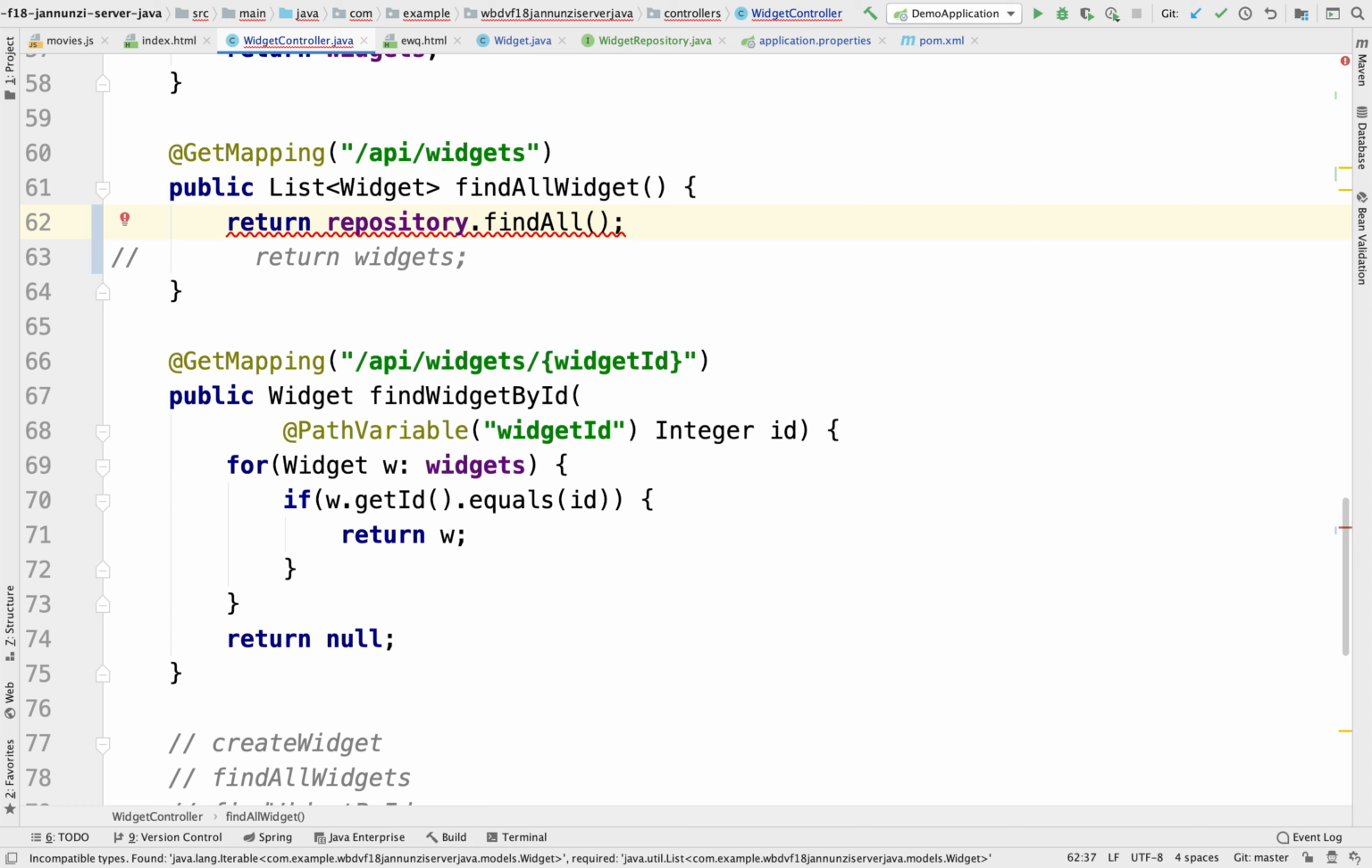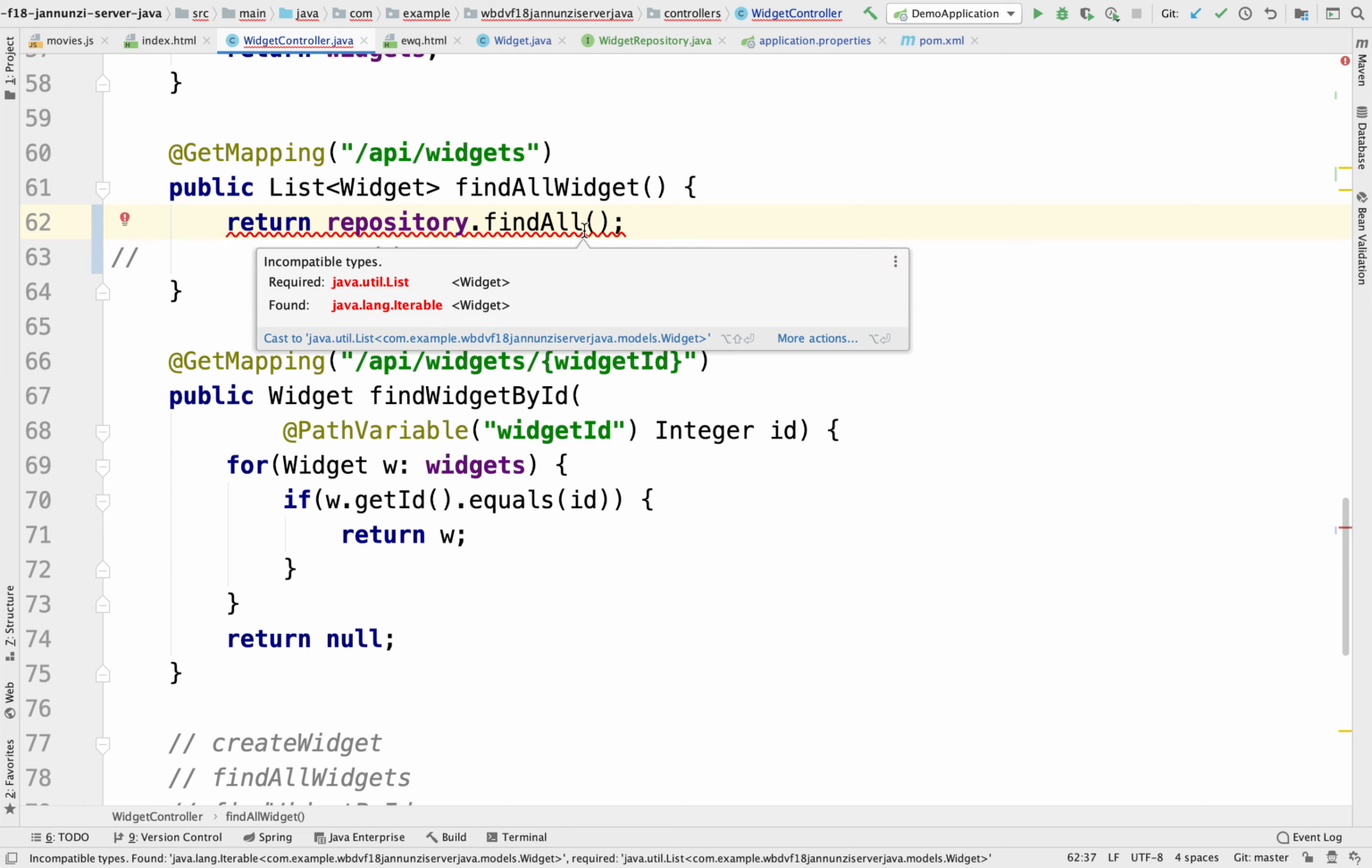It iterates over all those records. It instantiates instances of widget. It populates these instances, and it gives us an iterable. Why an iterable? Well, the iterable allows us to do one thing, which is very, very important, is that